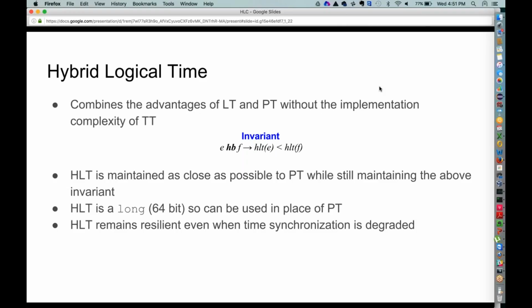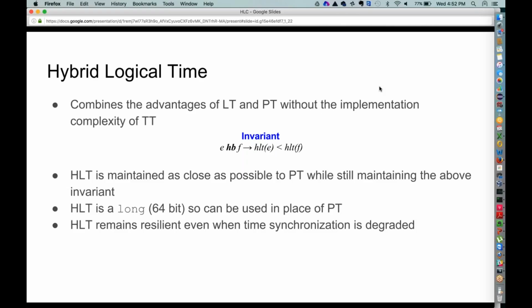The other important property, as I mentioned, is that the value of hybrid logical time is going to be as close as possible to the physical time. So there is an error bound, which depends on NTP, synchronization intervals, and so on. But the idea is that you can take this time and write it to a log, and that makes it easier to debug things later.